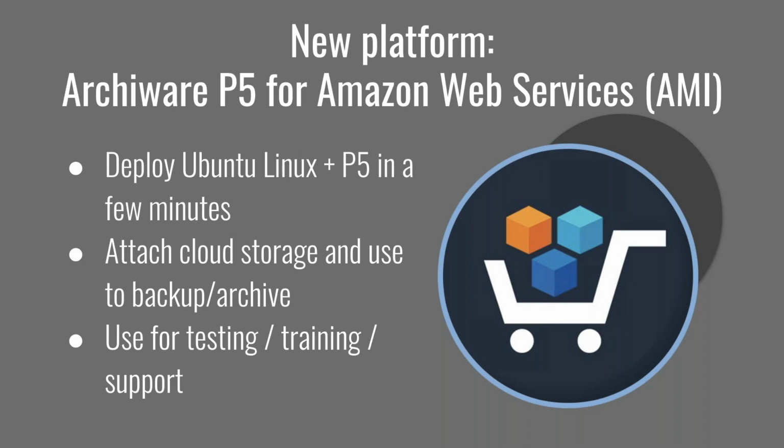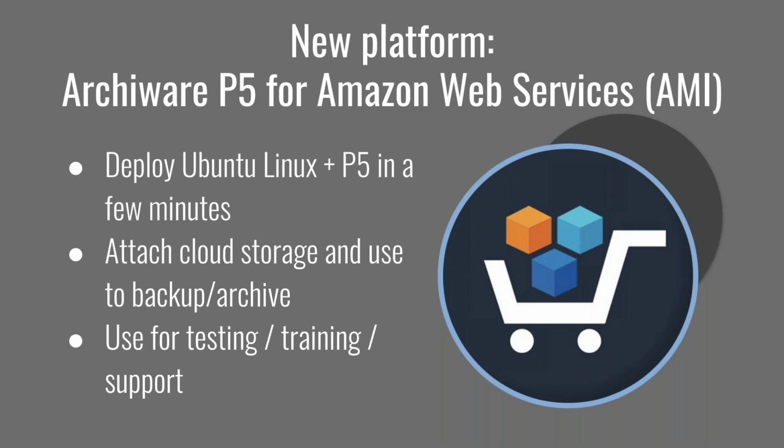Okay, next up, new platform, Amazon P5 for Amazon Web Services, AMI. What does this mean? It means that if you are a user of the Amazon Web Services cloud platform and you want to spin up a machine running P5 in that cloud platform, you can now do that using a pre-built machine image. That's the AMI, Amazon Machine Image, that Archiware have provided into this marketplace,